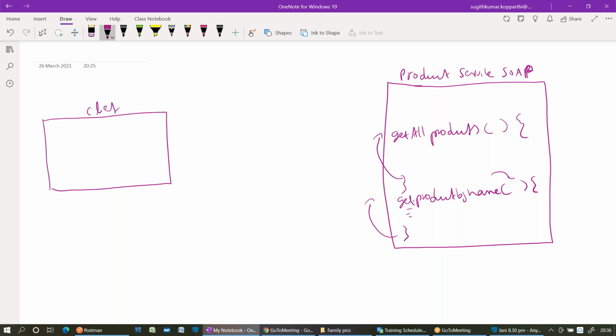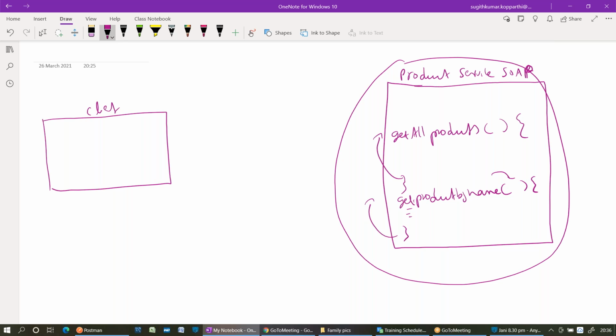Now this SOAP application is exposed via some SOAP API. That means SOAP web service. It's a SOAP API, right? Now, assume that it is deployed on a Tomcat server, and the previous REST application is deployed on which server? Same Tomcat only, I guess. Right.